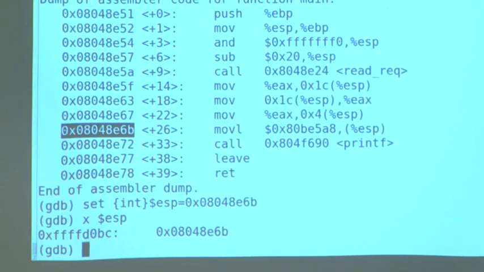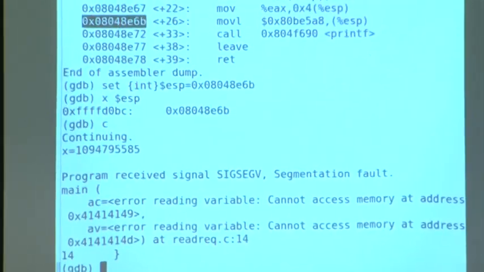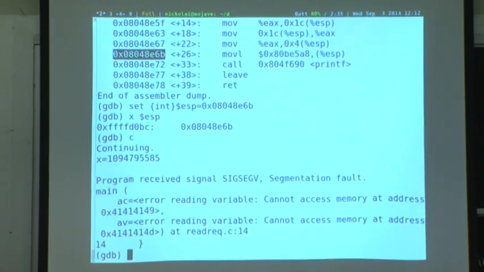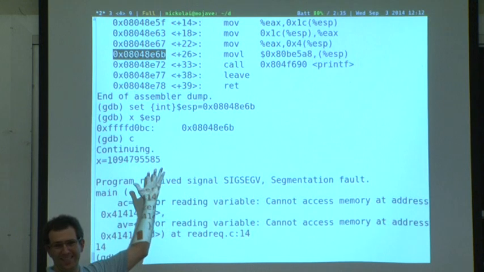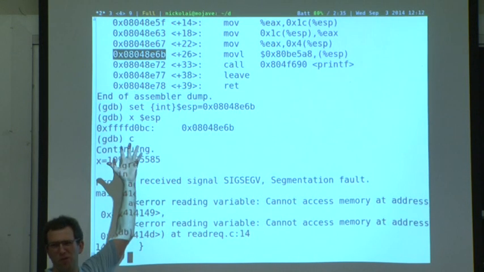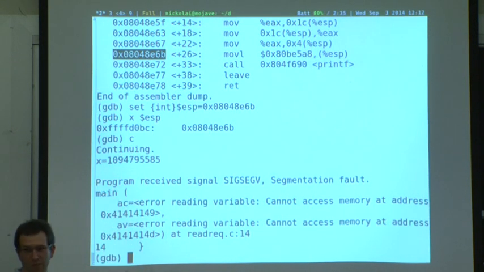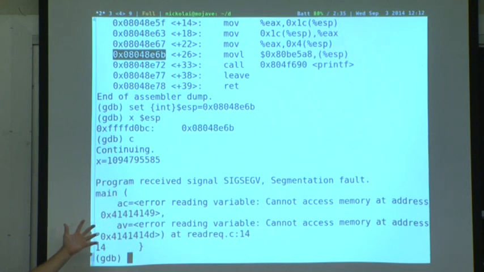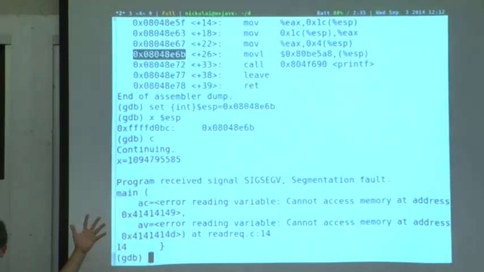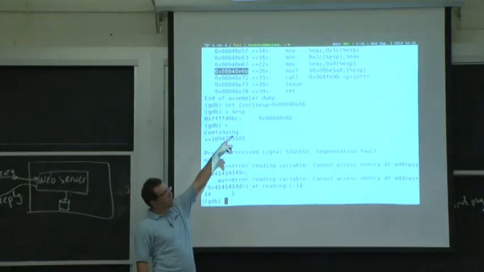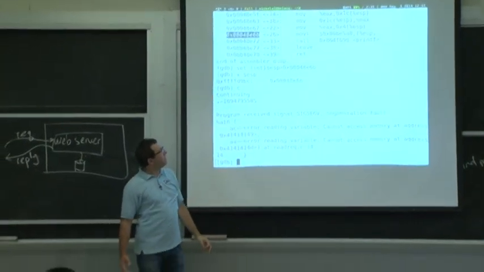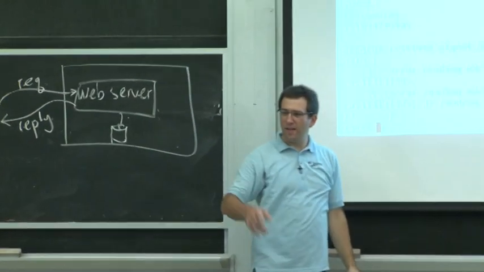So if we continue now, well, it printed out x equals some garbage, which I guess happens to be just whatever is on the stack that was passed to printf. We didn't correctly set up all the arguments because we jumped in the middle of this calling sequence. But yeah, we printed this value, and then it crashed. Why did it crash? Why do you think? What actually happens, right? So we jumped to printf, and then something went wrong. Yeah?